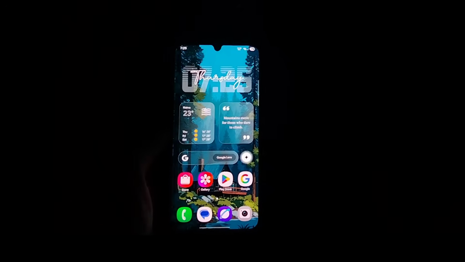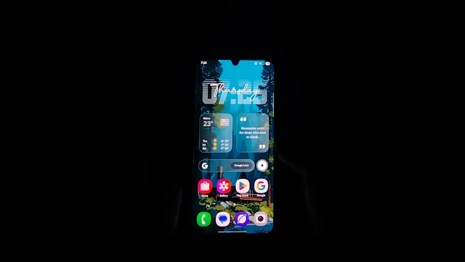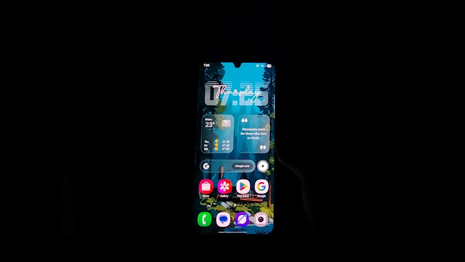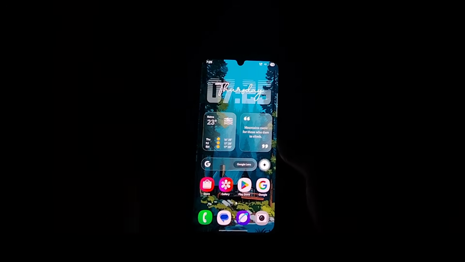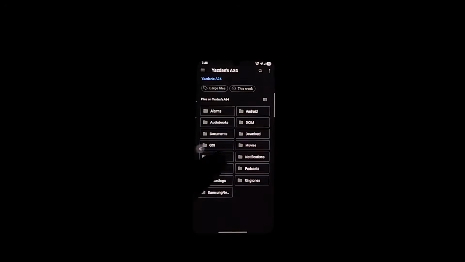The next thing you need is an unlocked bootloader. Your device bootloader should be unlocked, or you should have root. So either you can have an unlocked bootloader or you can have root. Moving forward from here, you have to get this app called DSU